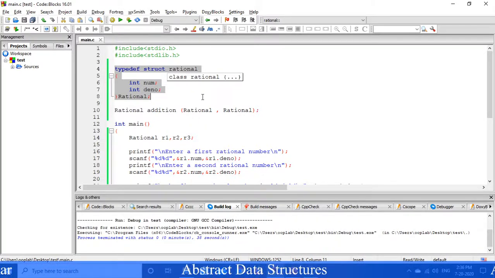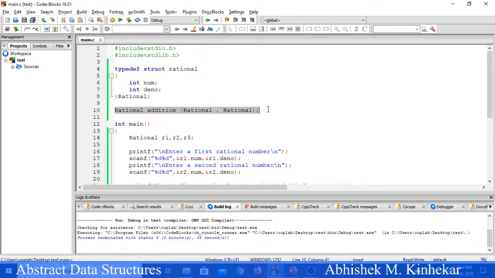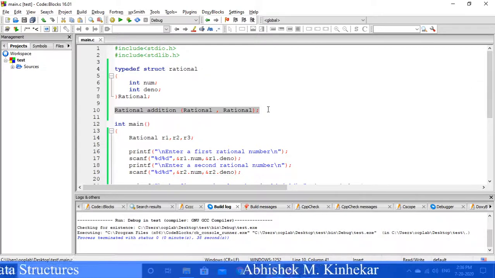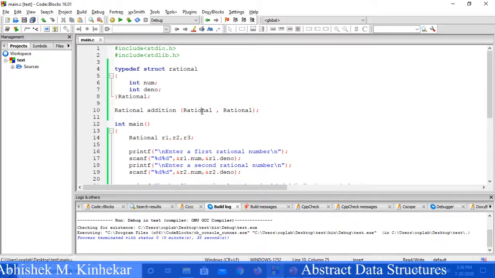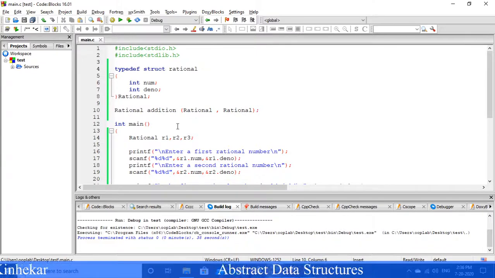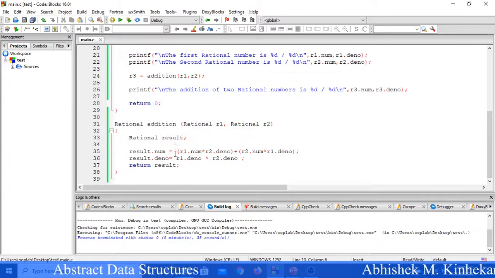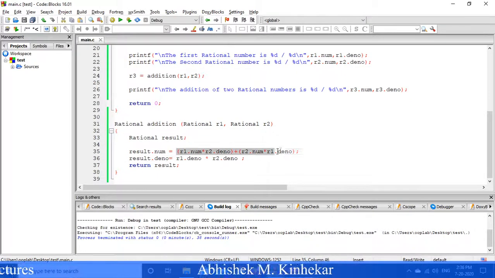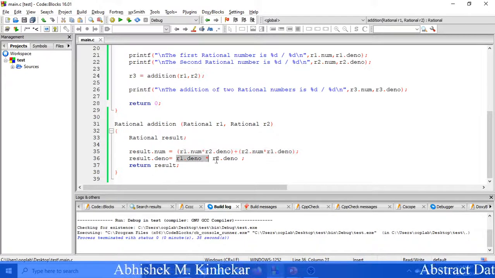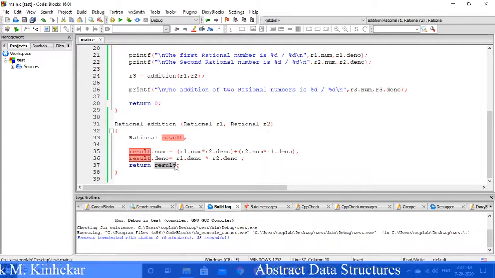So we are going to give various different operations for this. For this we have given an addition operation, correct? Now if I am giving an addition operation over here, then I need to define a method. So I have defined a method called addition which accepts two rational numbers and returns a rational number. And then I have given code to this method in this section, where I have calculated the addition numerator-wise and denominator-wise. And after that I have returned the result.